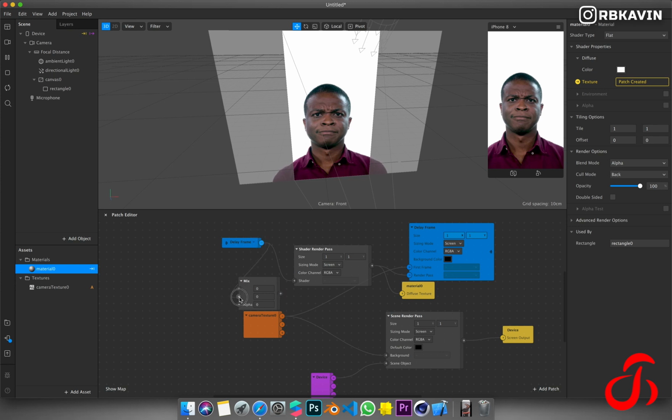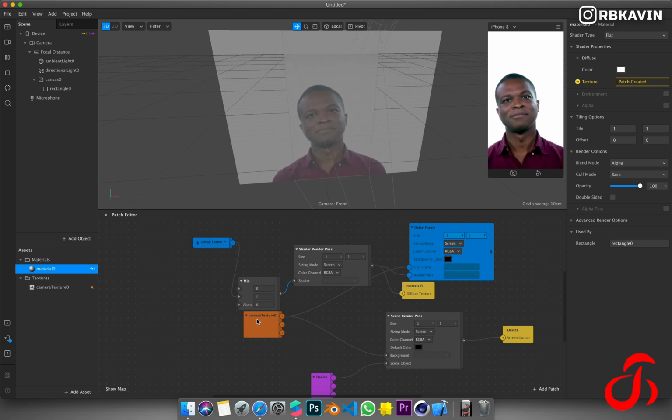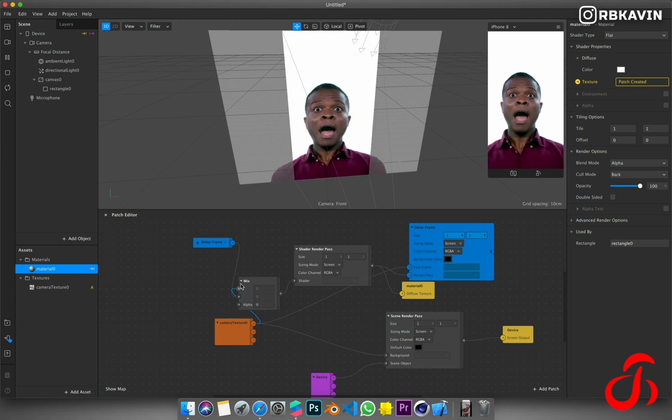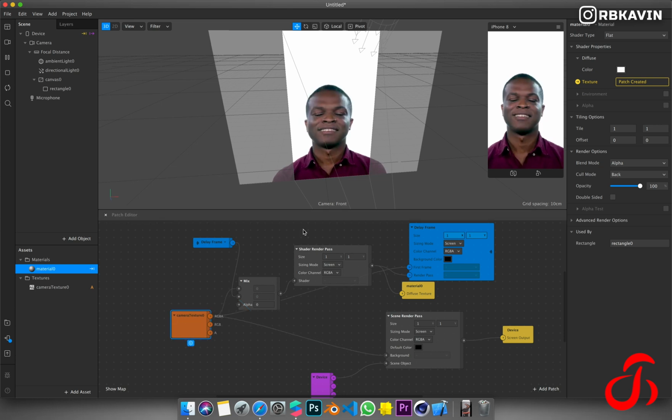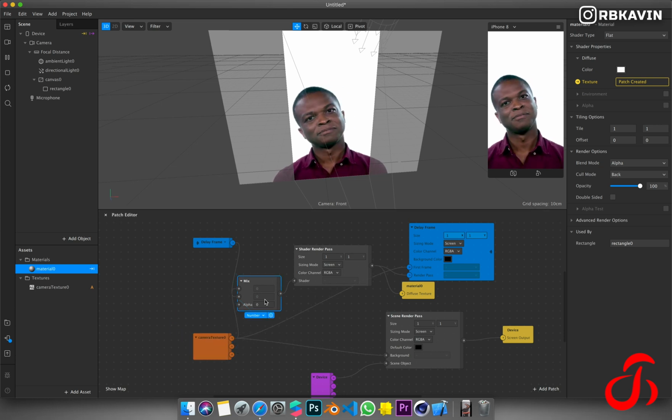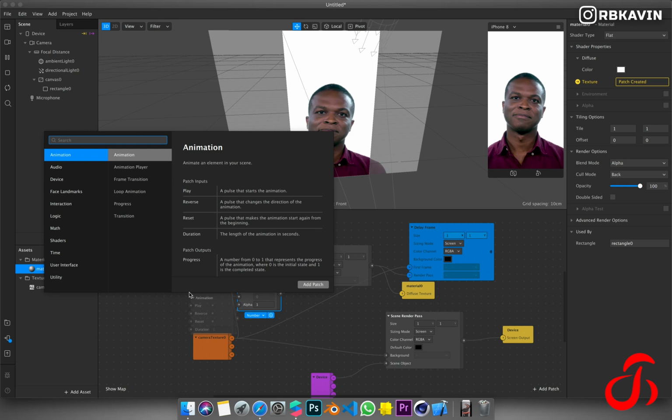Using a mix node, you connect the delay patch to the second point, connect the mix to the output, and then connect the RGB of the camera texture over here. So now whatever the camera is recording will be seen over here, and only when the value is 1 can you pass the frame.